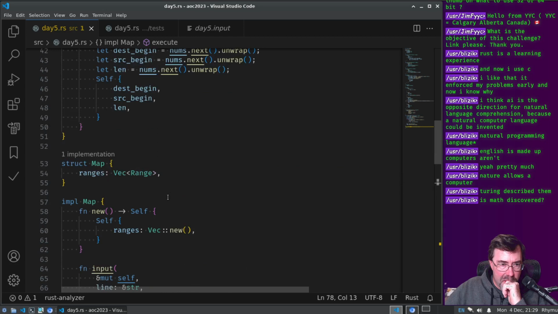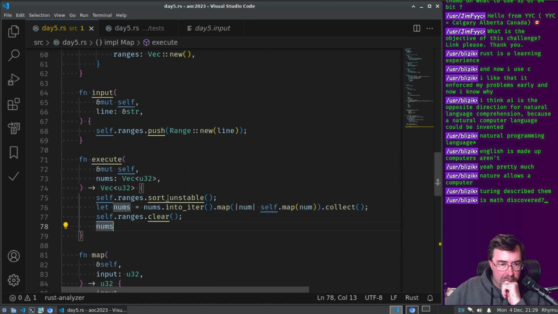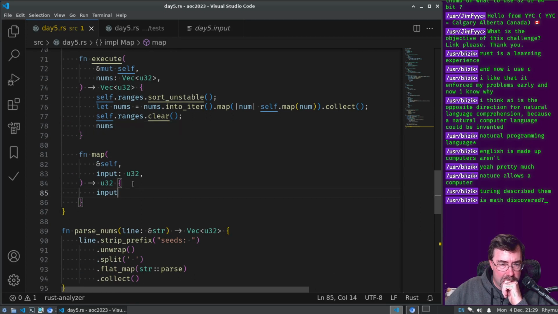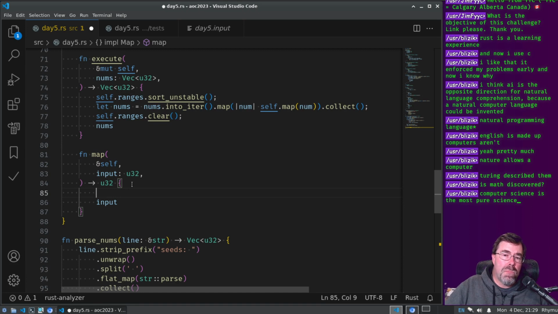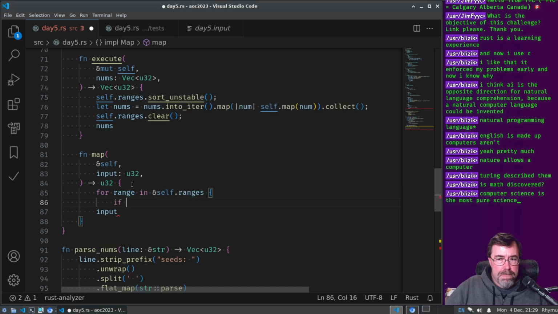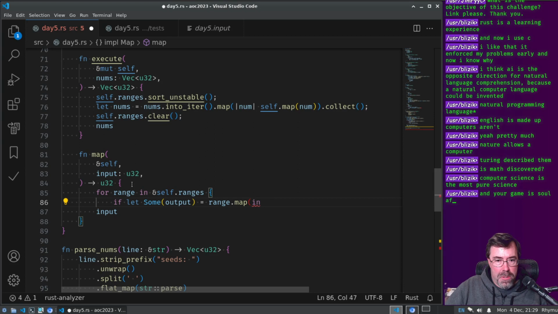Let's see. Right, this one I need to do, right? So I think what we're doing is we're walking the ranges. So for range in self ranges, if let some output equal range dot map input,